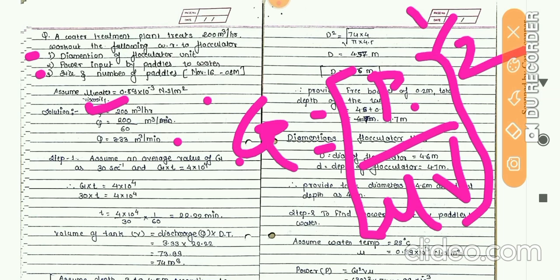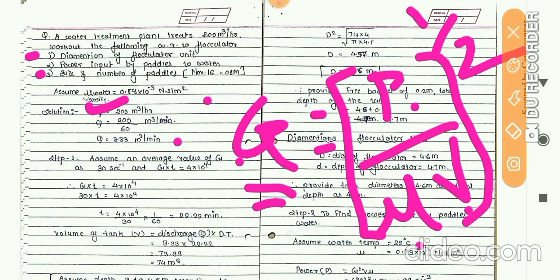Here this P is nothing but the power dissipated in watts or Newton meter per second. Mu is nothing but the absolute or dynamic viscosity of raw water in Newton second per meter square, and this V is nothing but the volume of raw water to which P is applied. So G becomes per second. So again we have to calculate the G into T ratio. G into T ratio is unitless.